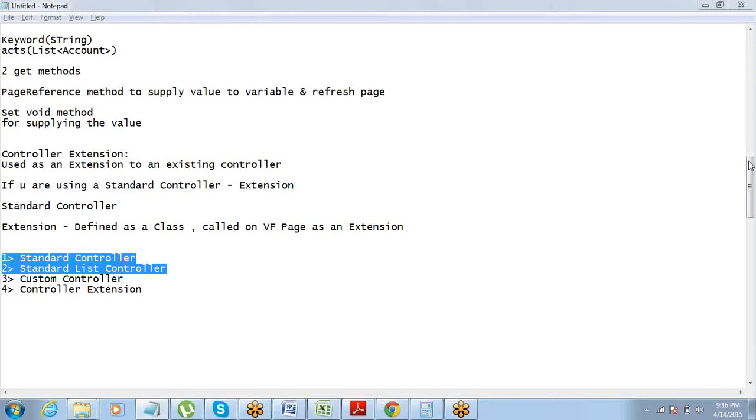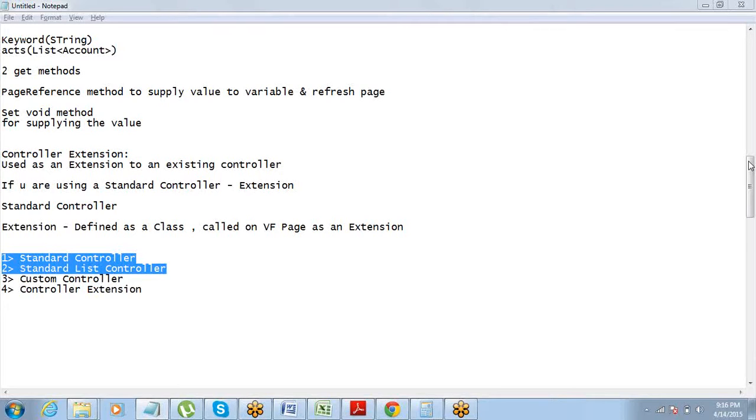In standard controller, we use the standard objects like accounts, opportunities, which are already existing in Salesforce, whereas in custom controllers, we can define our own class. You can define our own methods, right?